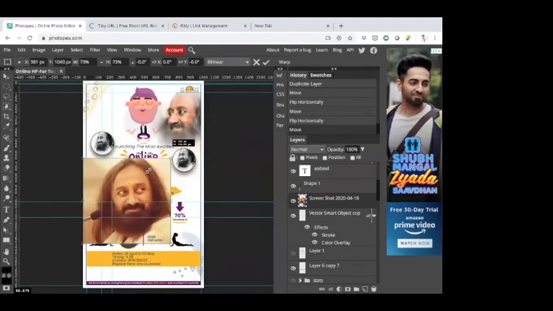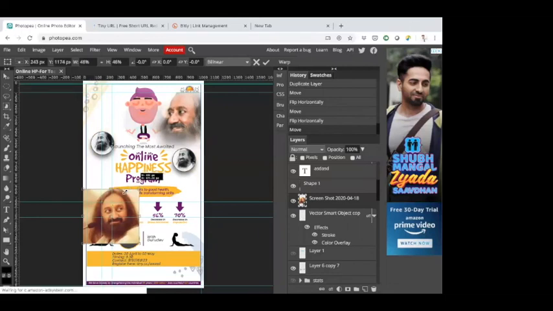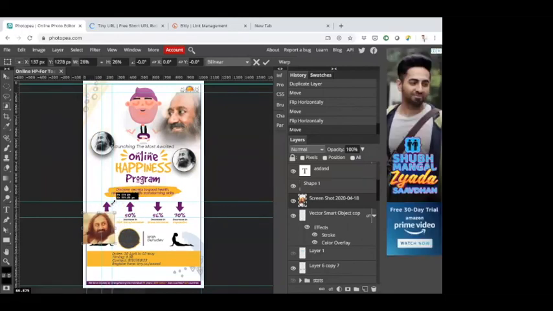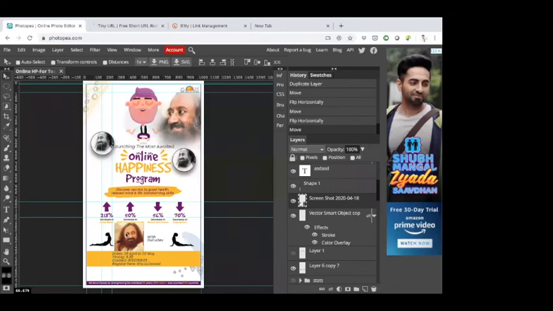Scale it down. Click enter. Now move it onto the circular area where you want to keep the mask.